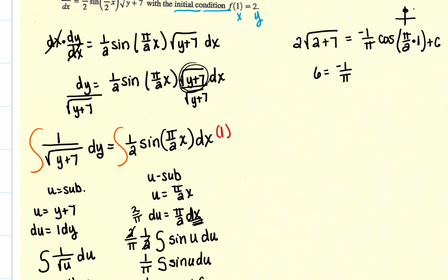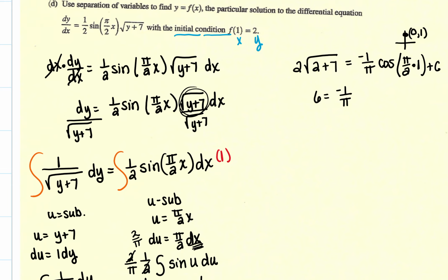Okay, let's go back to our unit circle. Pi over 2 we said is up there, but this time we know that cosine is the x value. So all of this right here just turns into 0 plus c. So c is equal to 6. If you used your initial condition and you found your constant of integration, give yourself another point. So let's write the equation. So now we have, for our equation, 2 the square root of y plus 7 equals negative 1 over pi,